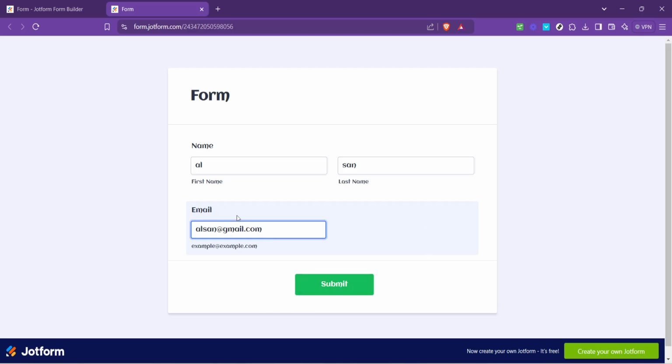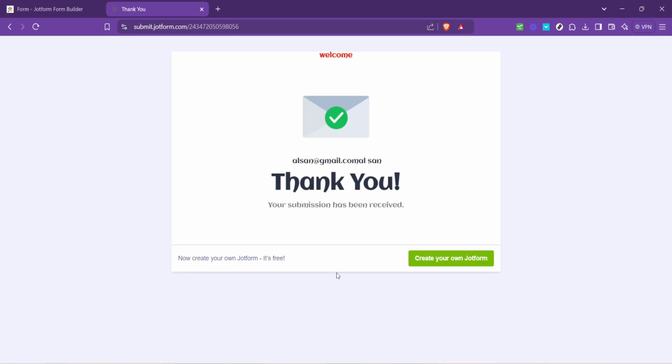By dedicating just a few minutes to testing your form using these detailed steps, you can save yourself and your form users a lot of potential headaches down the line. Remember, the goal is to craft a form that is not just functional but also user-friendly and efficient. Testing your form is a crucial step in the form creation process, ensuring that the information you collect is accurate and your user's experience is as seamless as possible.